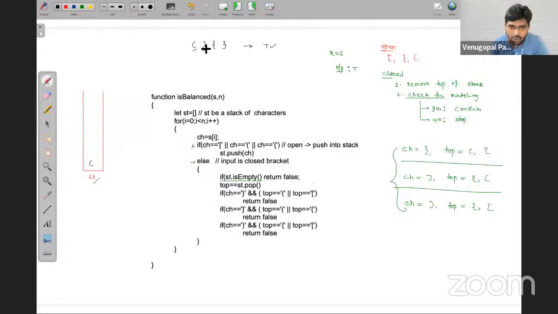If it is a closed bracket, you delete an element and compare for a match. They both are matching, so it won't enter into any of these cases. The next element is an open flower bracket, which is pushed. Next is the closed flower bracket, so you delete this element and compare for a mismatch. They both are matching, so it will go to the next.